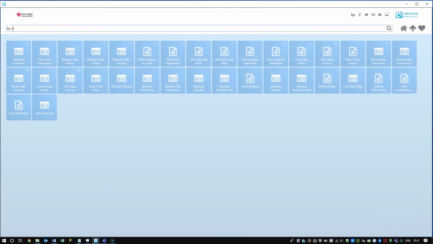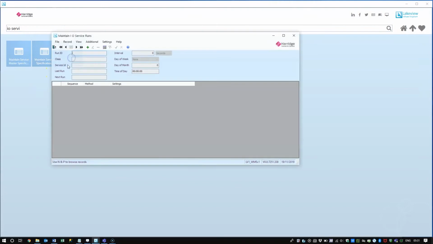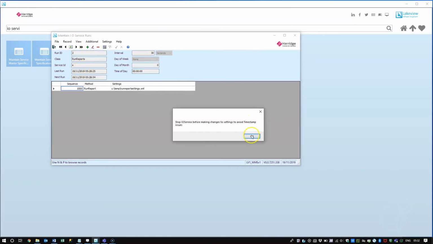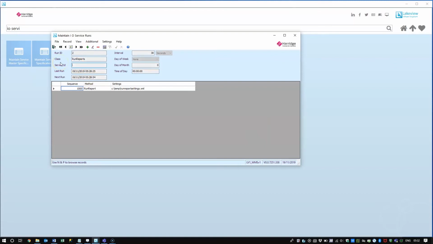What we now have is the ability of setting up a schedule. So we have a set of report settings which tells it which report. This program also tells it how frequently to run. You can set it periodically, so once per day, once per month, specific time of the day. I've just set it to go every 30 seconds. So I'm going to make the system live, so we can temporarily pause these things as well while you're in a testing mode. I've also got something called a report spooler sitting in the background waiting to be fed. You can see there it's now kicked off the report, so it's told me it's found it. The 30 seconds had passed,